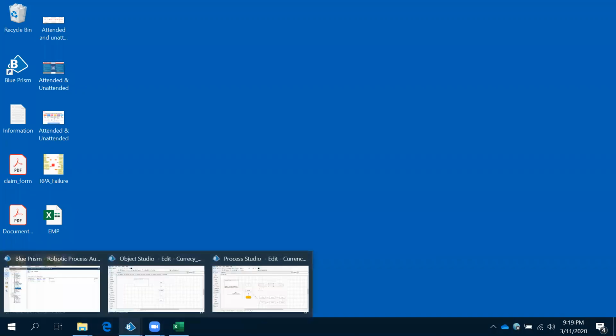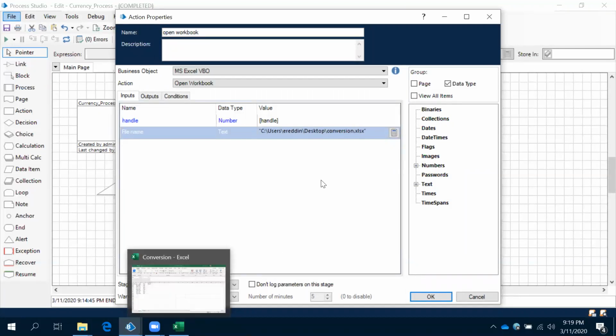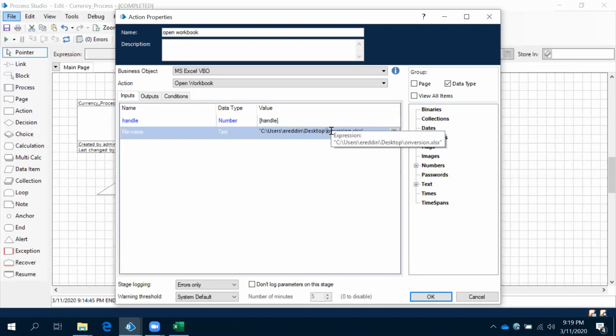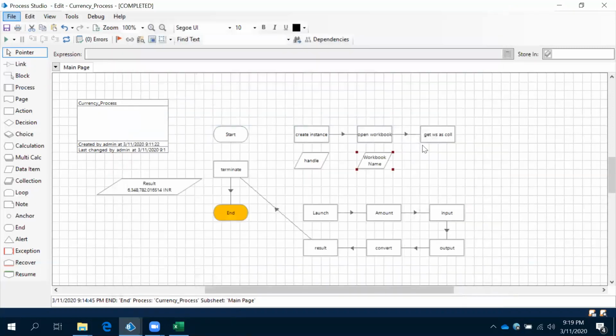Come here and then give the file name as conversion. Okay, it's with caps. Okay, conversion. Okay, then output, let's generate. It will give the workbook name.